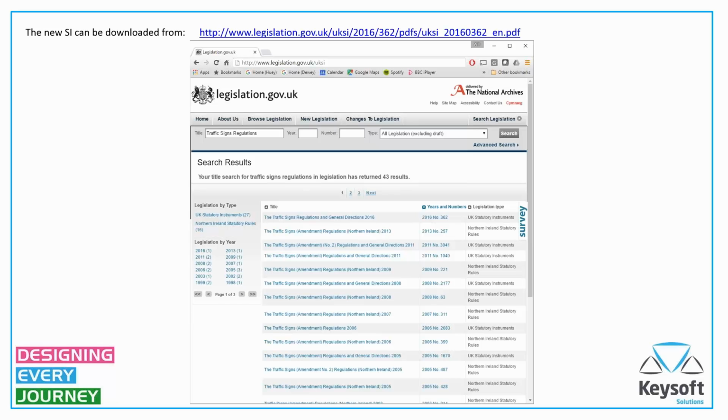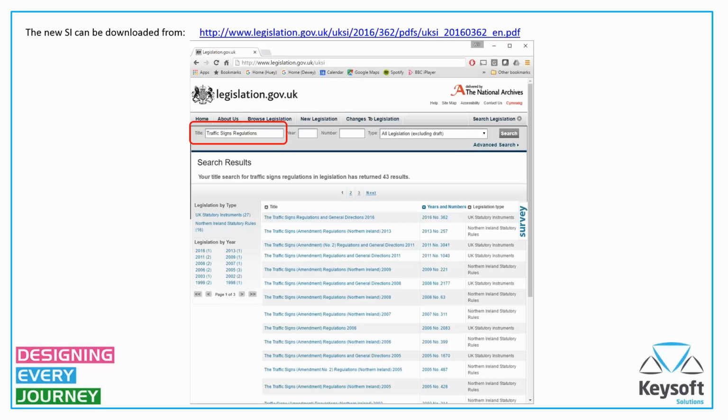So the new statutory instrument, new regs, can be downloaded from that link at the top of the page there. Now, I guess some of you will probably be scrabbling to write that down, but if you just write down the first part, legislation.gov.uk/UKSI, obviously United Kingdom statutory instrument, then it'll take you to this page here. Not exactly this page. What I've done is put the URL in at the top, the link there, legislation.gov.uk/UKSI, and then I've typed in traffic signs regulations to get this screenshot. So there you are, you hit enter on that.